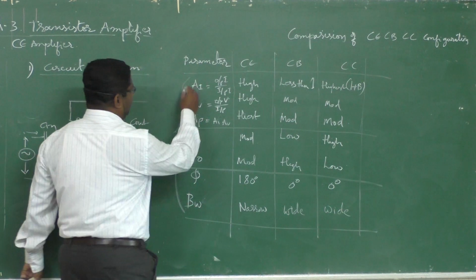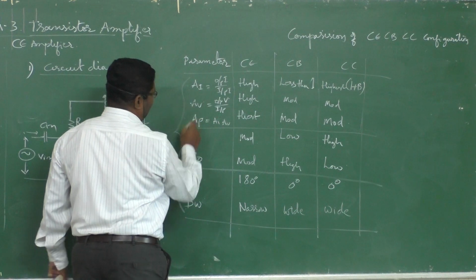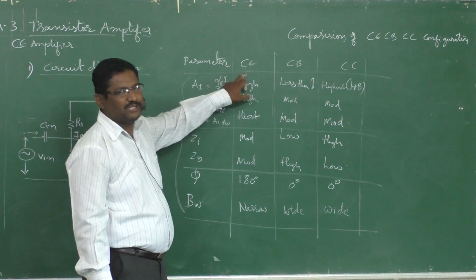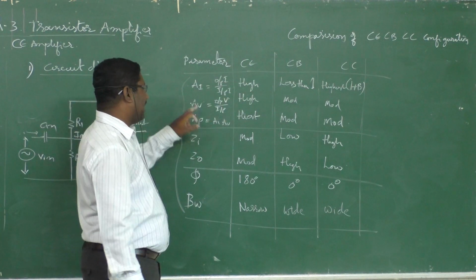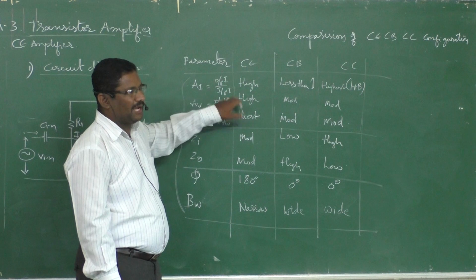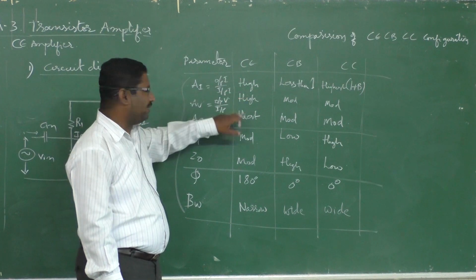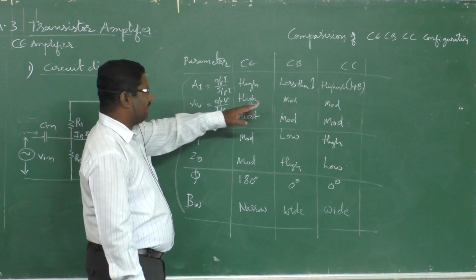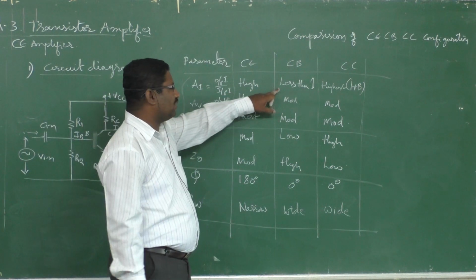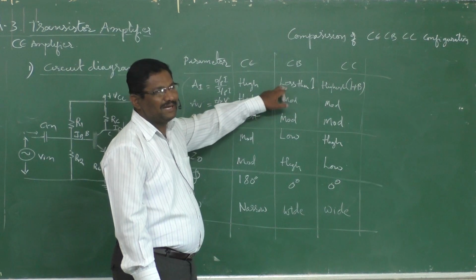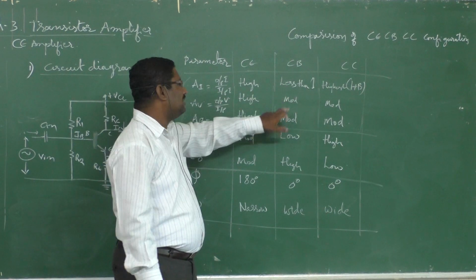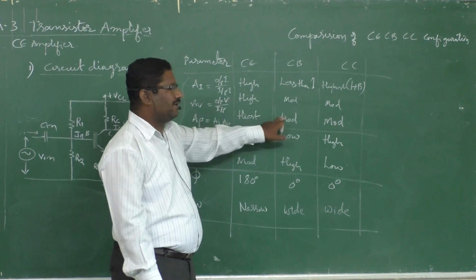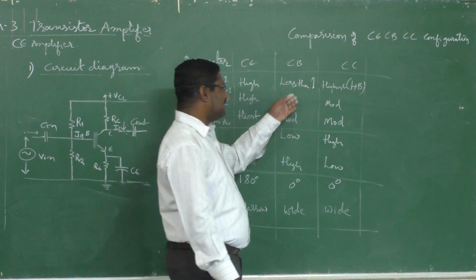So I am taking these three as one set. Current gain for CE is naturally high, and AV is also high, so multiplying high and high, here I will get the highest. For the second one, it is less than or around 1 and moderate. Anything multiplied by 1 gives the same thing, so that is moderate, or even less than that.